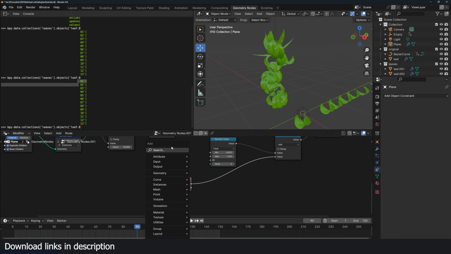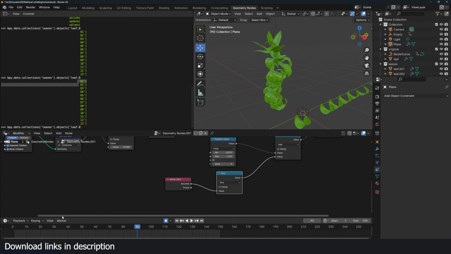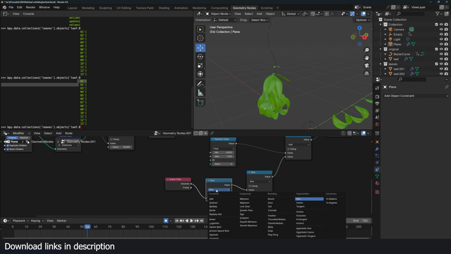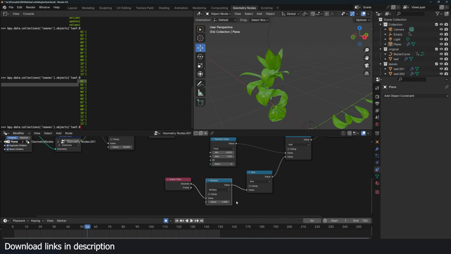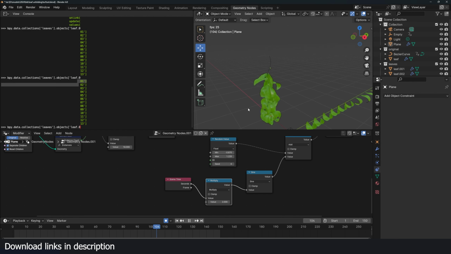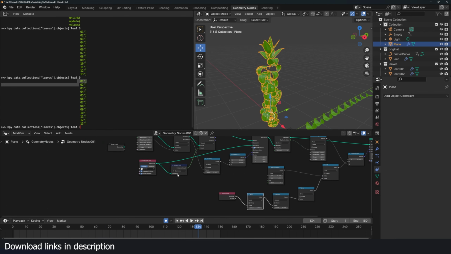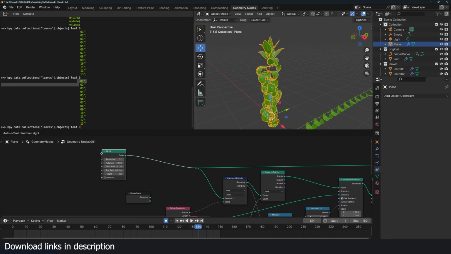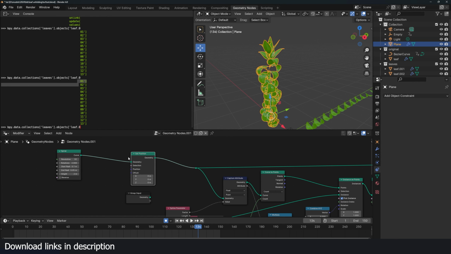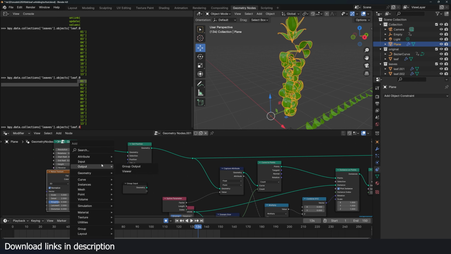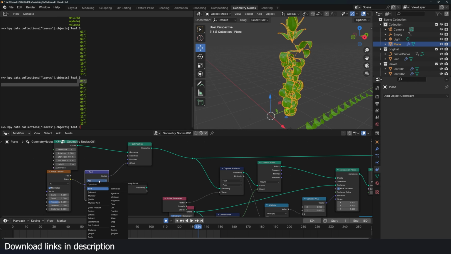And you can even use a sine wave, turn this into a sine wave, as that way we can, let me multiply this, let's say by 2. So yeah, there's a ton of things you can do here. And you can also add some displacement here. So I can use a set position, some noise to this curve. I can use a noise texture, connect this to the offset, and use a vector math to subtract 0.5,